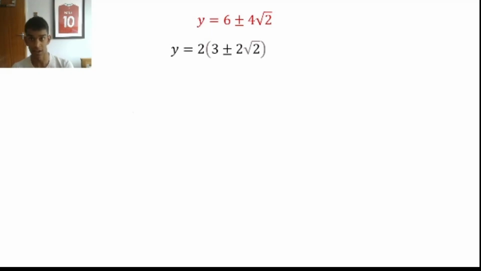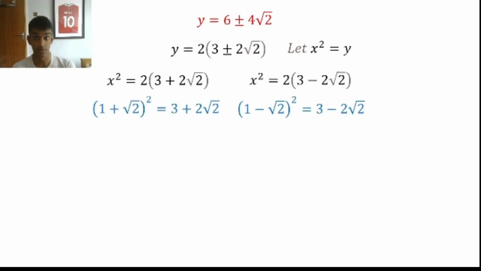If we factor out a factor of 2, we're left with 3 plus 2 root 2, all multiplied by 2, is equal to y. But remember from earlier on that x squared is equal to y, so replace the x squared with the y. When we have a plus minus, the equation can be written as one of two ways. 3 plus 2 root 2 or 3 minus 2 root 2, and this is why part A was so crucial